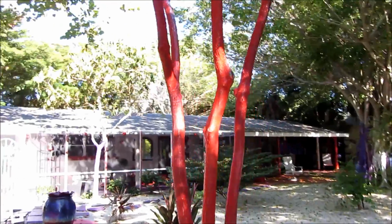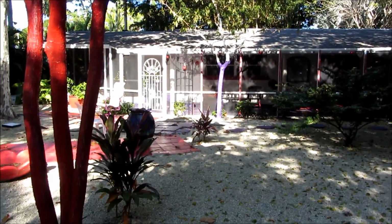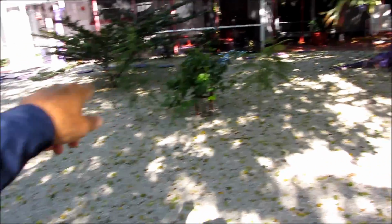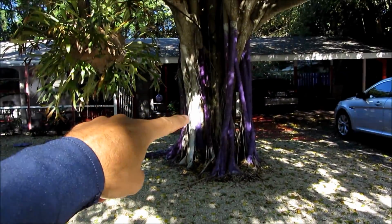But anyway, another interesting thing on this street is this seemingly normal house with painted trees. This tree is painted red. You can see this one over here is a purple tree. And they also got some interesting bowls and some cool little trees. These little trees are pretty cool. But they decided to paint this tree. It's white here and purple. Also the